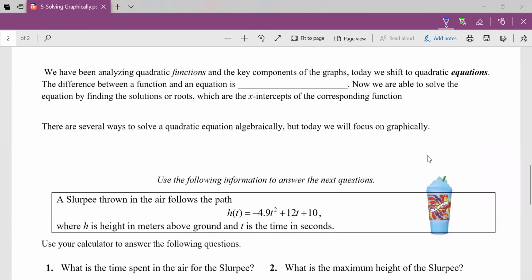Well, to solve, we can't have a function. We have to have an equation. And the difference between a function and an equation is simply this bad boy, an equal sign. Now that we have that, now we can find the solution or the roots, which are the x-intercepts of the corresponding function. Now, over the next few lessons, we'll learn several ways to do this algebraically, but today we're going